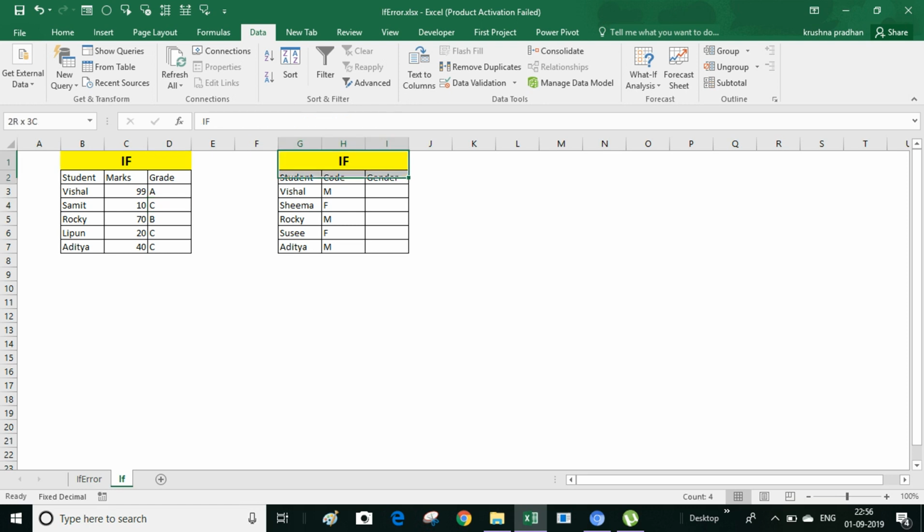And in this table you can see here I've written the students' names: Vishal, Seema, Rocky, Susi and Aditya, and their codes, whether they are male or female. For male I have mentioned M, and for female I have mentioned F. So I will write a formula if the code